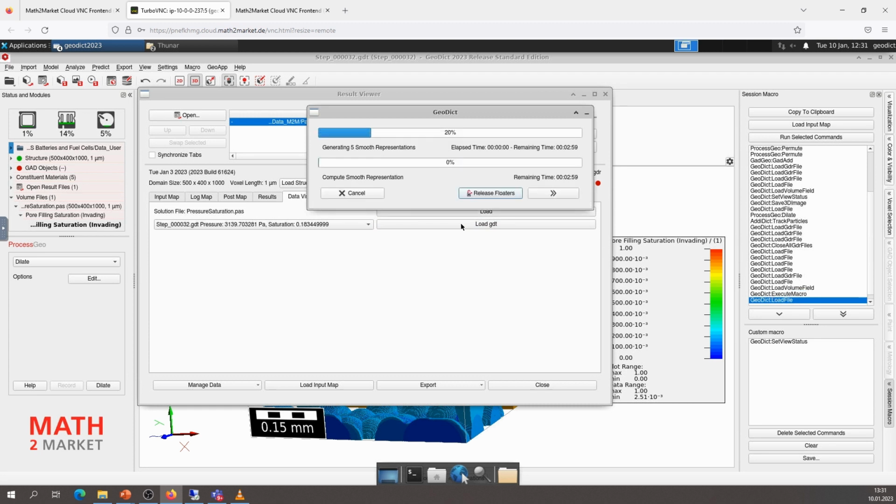I forgot to decheck the smooth representation. That's why it needs 2 seconds now to load the structure. Normally it's faster. I'm working on the box representation.